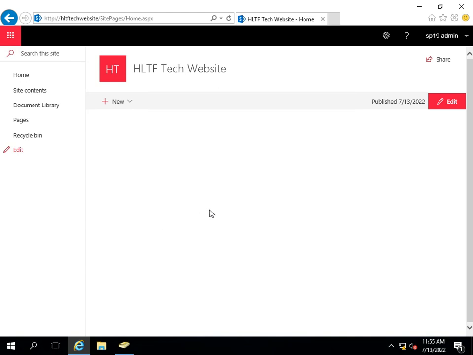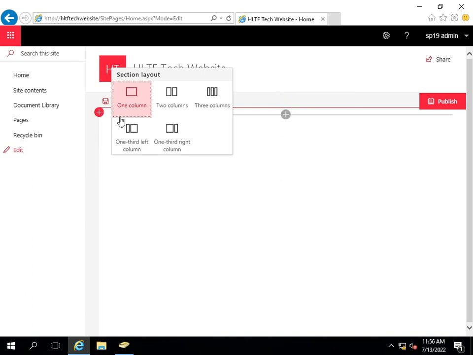I am going to elaborate how you can create or disseminate any news on your site collection to all of your site users. It's very simple in modern sites of SharePoint 2019. Right now I have a team site in which I have a blank page which is visible to all users, and now I am logged in as a SharePoint administrator, or a user who has full control on the site. So what I'm going to do, I'm going into the edit column,